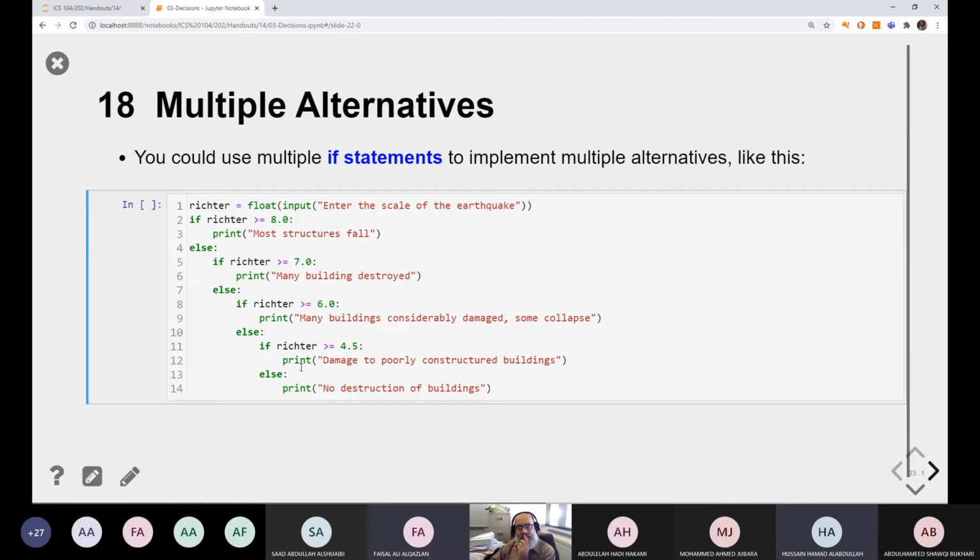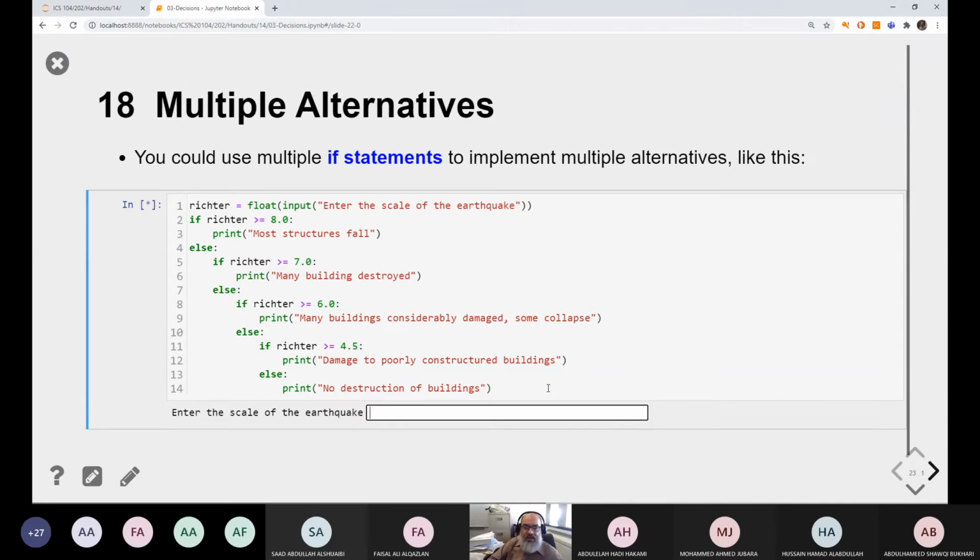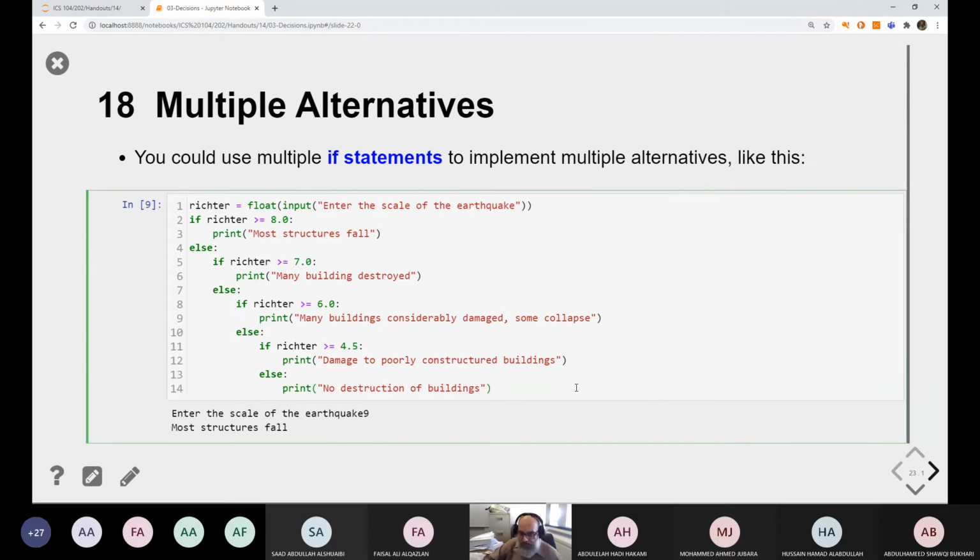No space to indent. There will be too many indentations. I'll be starting to write here, leave the whole screen and write in this space. Although this works, this absolutely works. I mean, if I run it and I enter, let's say 9, most structures fall. If I enter